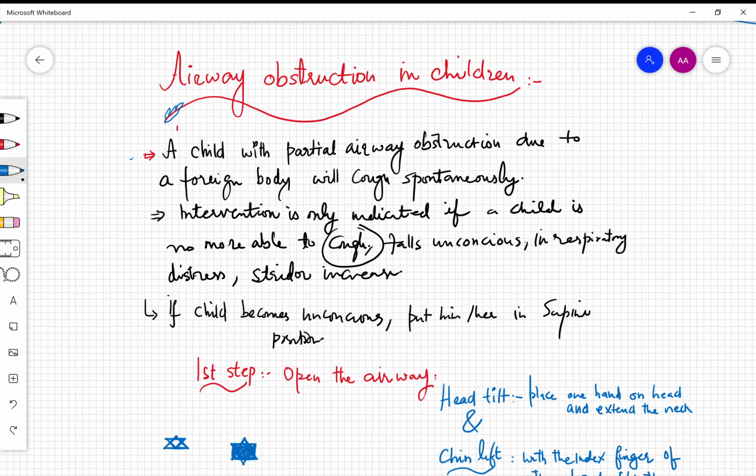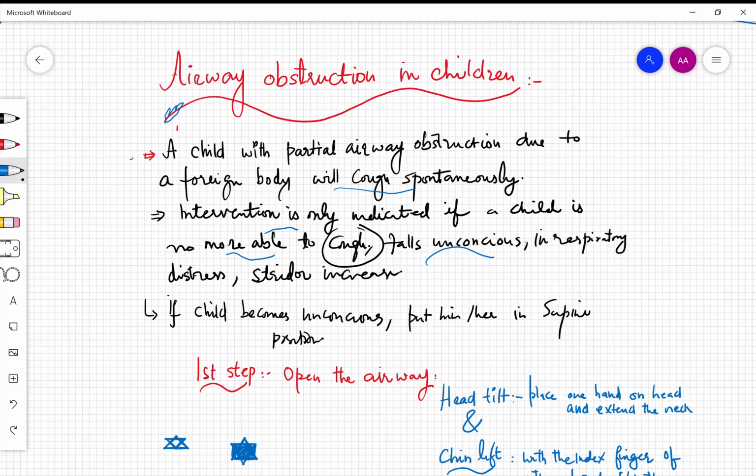We will talk about airway obstruction due to a foreign body. The one thing that's really important is a child with partial airway obstruction due to a foreign body will cough spontaneously because the cough receptor will be activated. So in this case, if the child is conscious and he or she is actually coughing, no intervention is indicated. An intervention is only indicated if